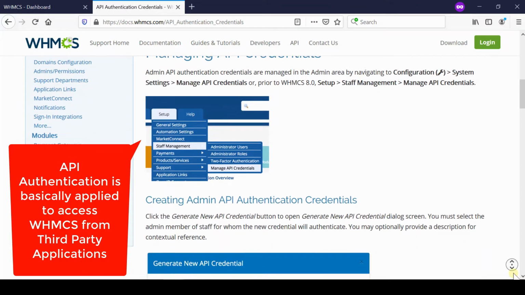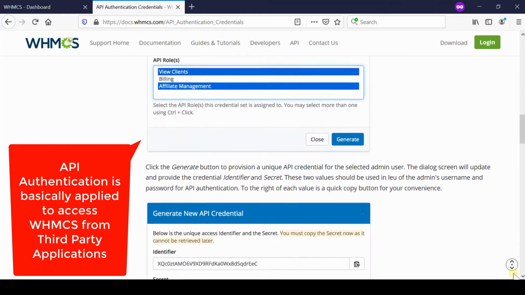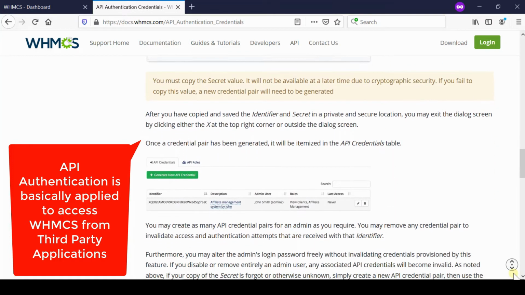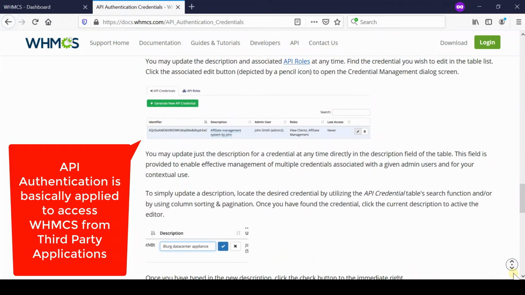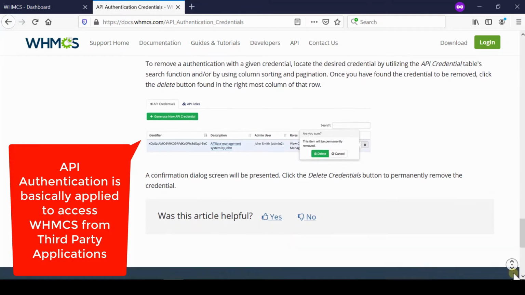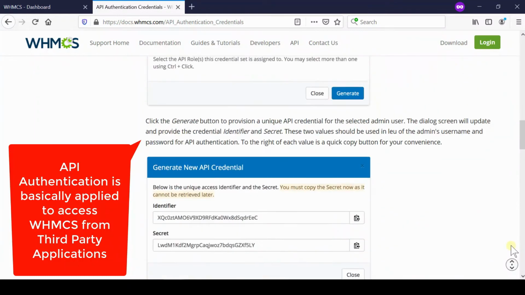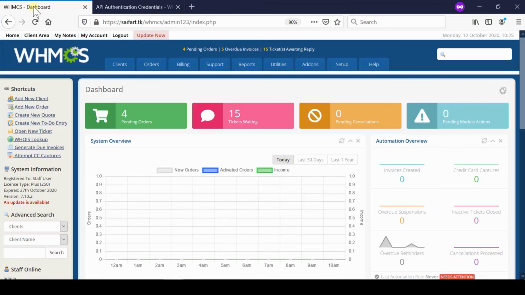API authentication is basically used to access WHMCS from third-party applications. You can also trigger or access certain features from hooks or third-party contents which are not under the control of WHMCS. Now, in order to access them, first of all log into your WHMCS admin dashboard and then go to